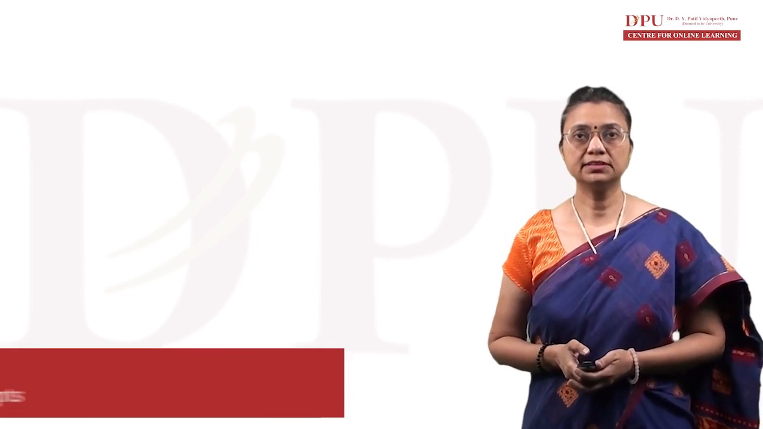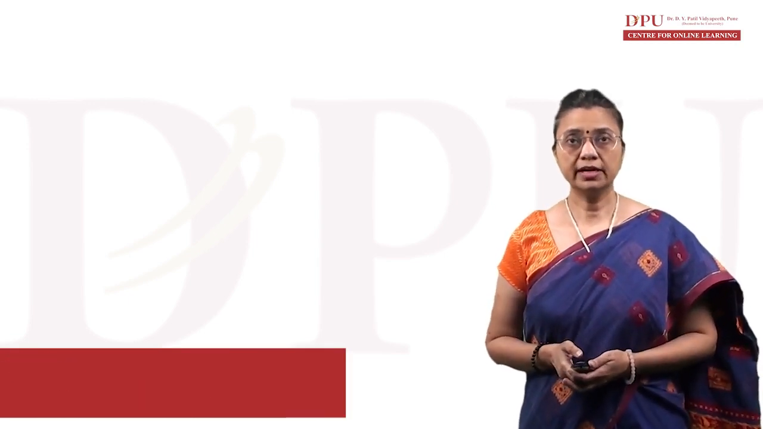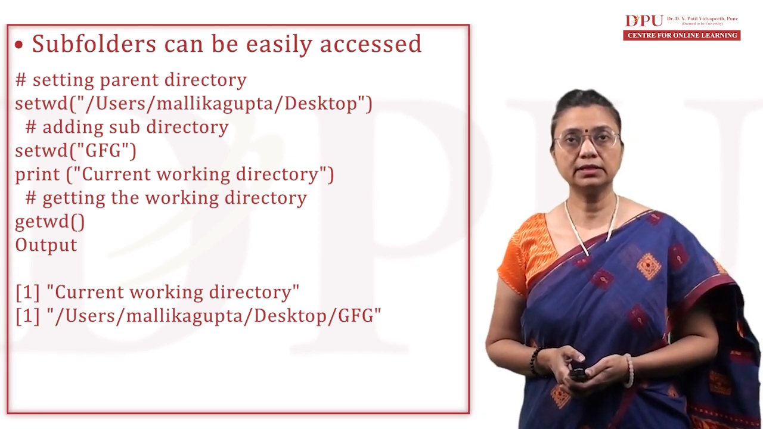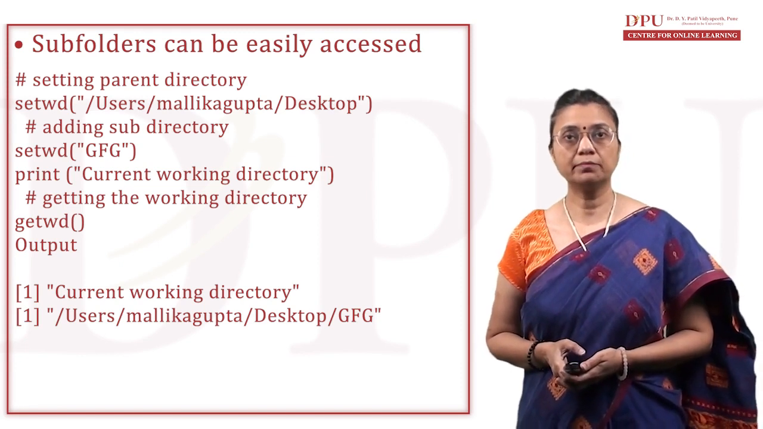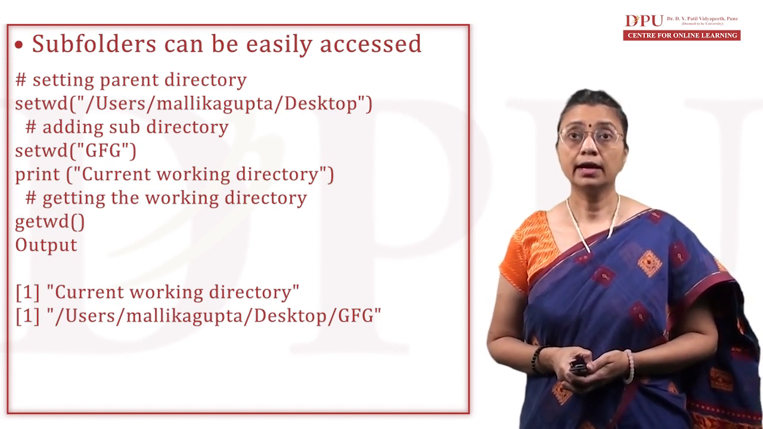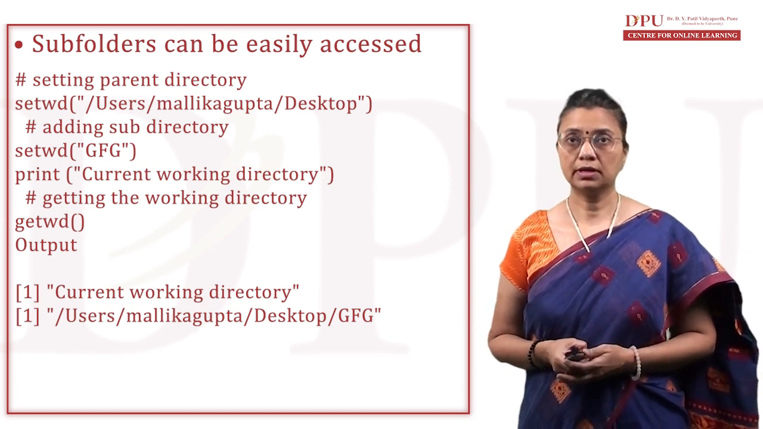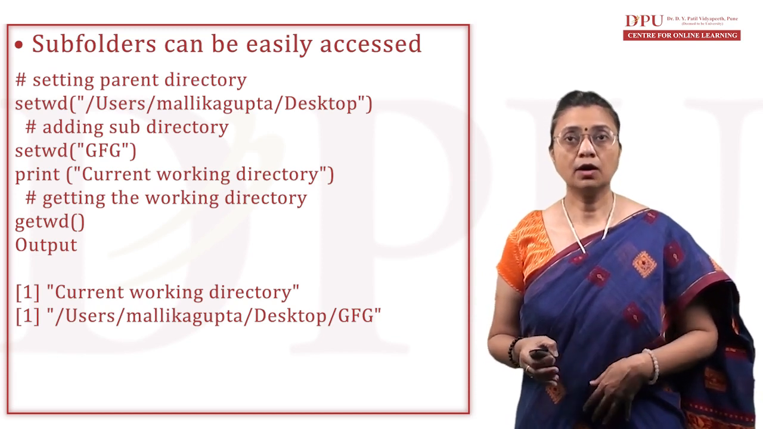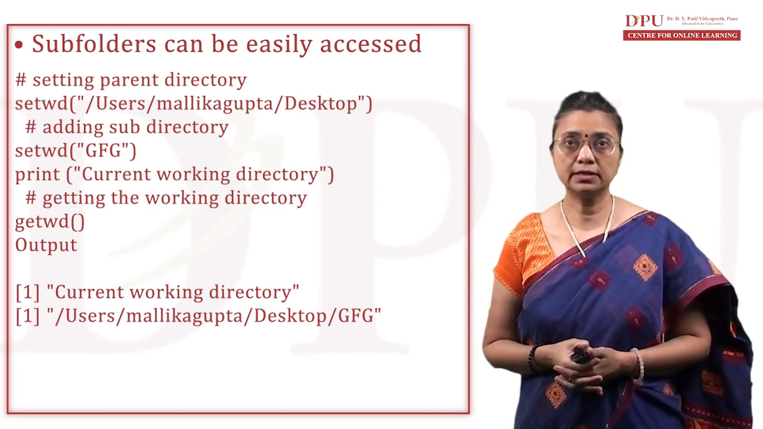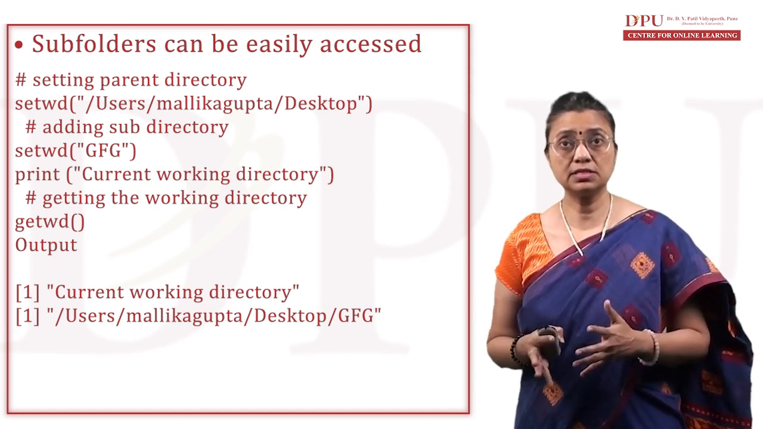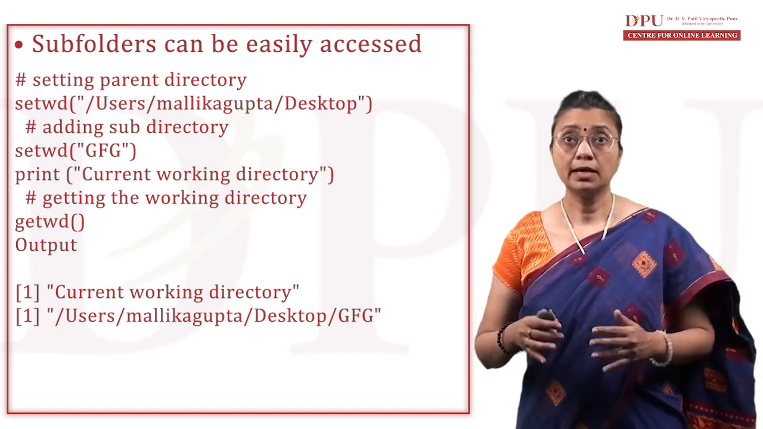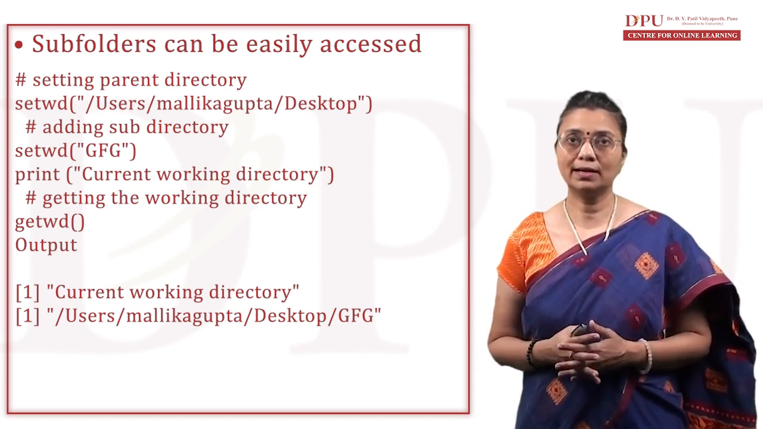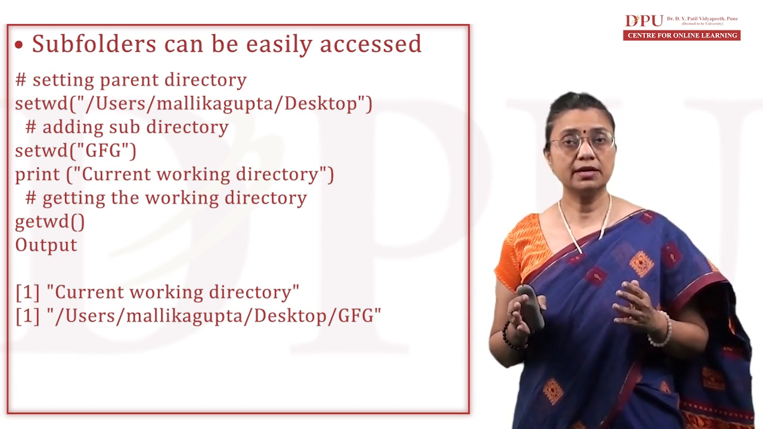So in this example, we can see now the GFG folder that we have created. What we are doing is set working directory GFG. Now you can see that when I apply the function get working directory, I get /users/Malika Gupta/desktop/GFG. So basically, if this subfolder exists in the desktop folder, this was my current directory, user Malika Gupta desktop, but the moment I write set working directory GFG, it will